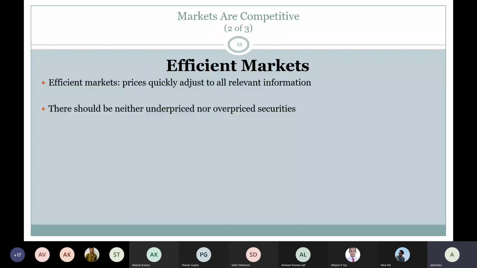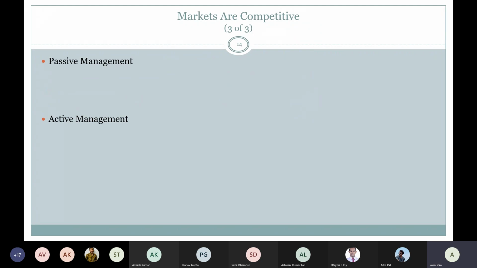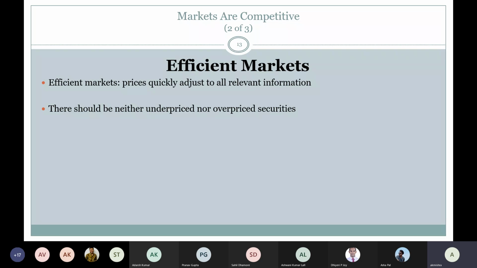And the second consideration is market efficiency. We know an efficient market represents the true price of a share, or it immediately converts all the information and reflects it in terms of asset price. But if that is the case, if the market itself is very much efficient, what you will find is there is no underpriced or overpriced security.